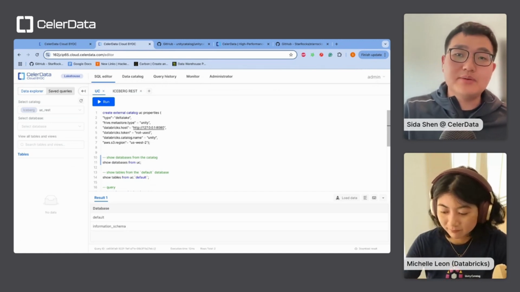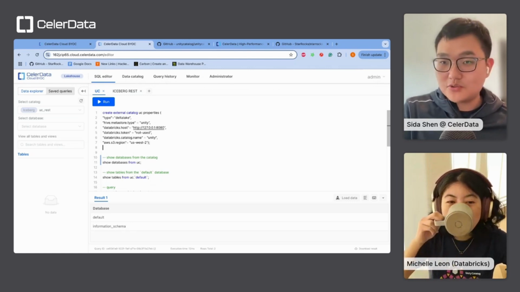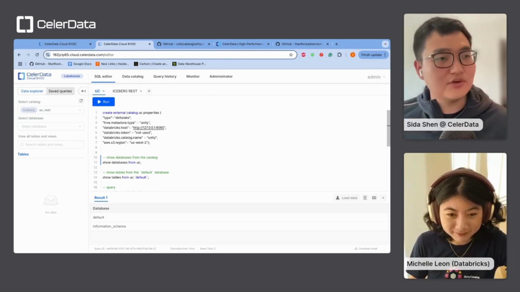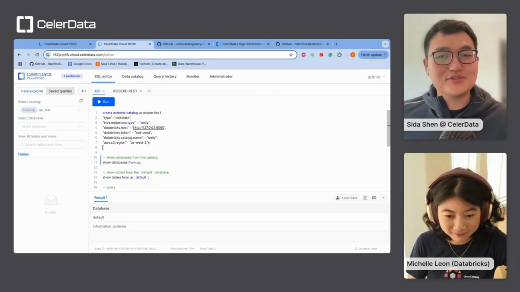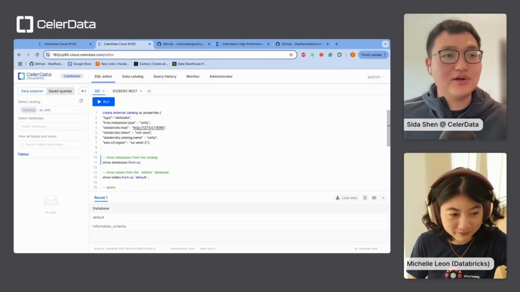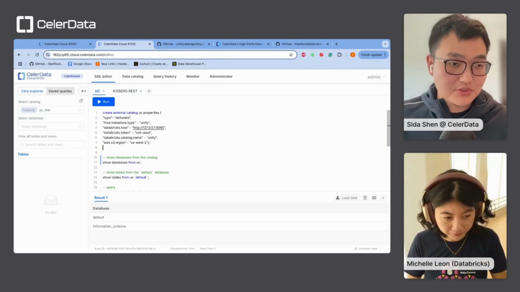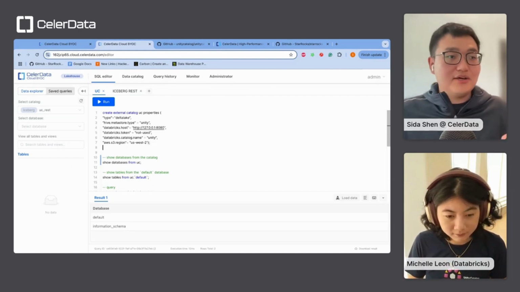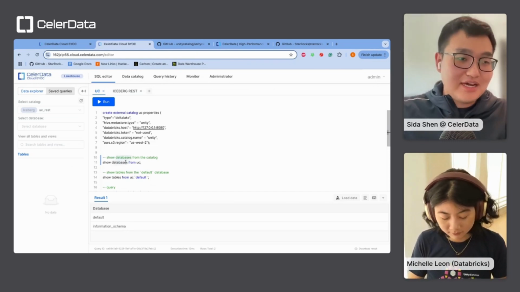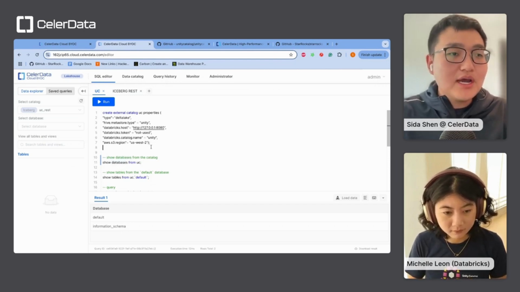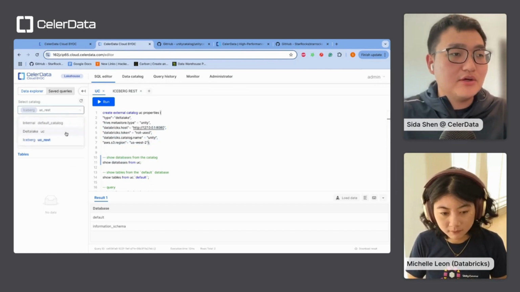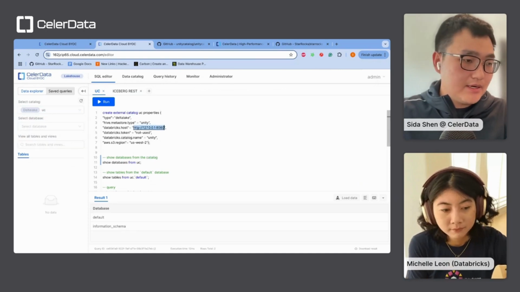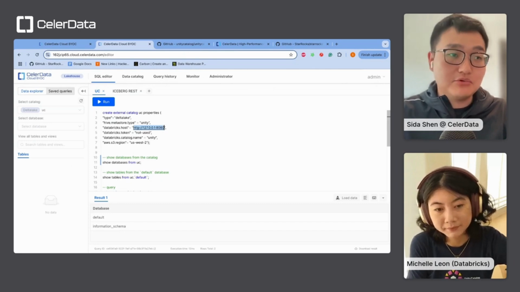The first one I'm going to use to connect to Unity Catalog open source is actually not a connector we built specifically for the open source version of Unity Catalog. This was built way before Unity Catalog was open source, for the Databricks managed version of Unity Catalog, but it also works with the open source version. So the two are compatible. I already created the external catalog here. It's called UC, and it's connecting to a Unity Catalog open source version that's deployed locally